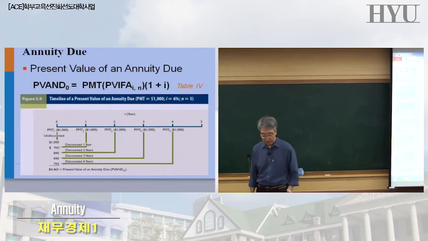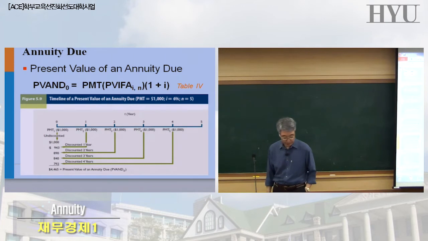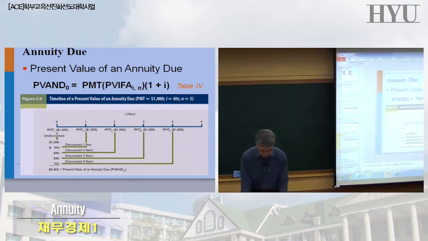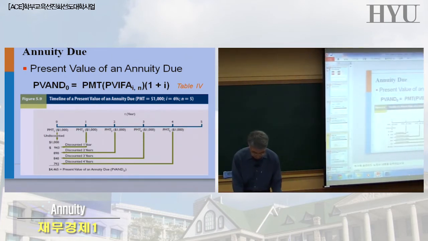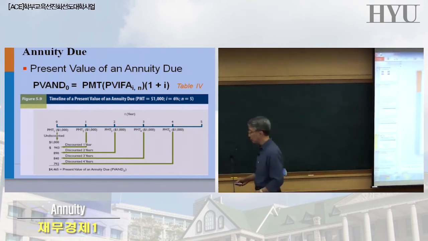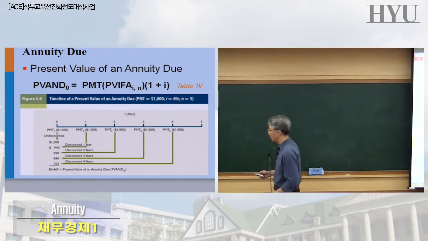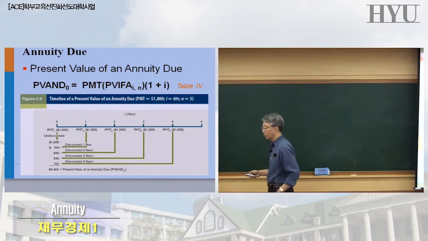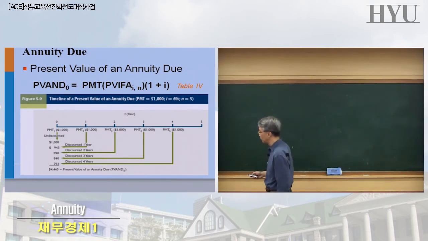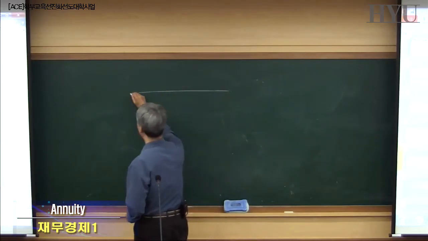If you're talking about present value of an annuity due, we can think about the same idea, okay? So let's say we have 5-year annuity due, okay? But again, the first payment starts right now, today, right? Period 0, okay? So when you're talking about present value, you are discounting future payment, right? So compared to the ordinary annuity,